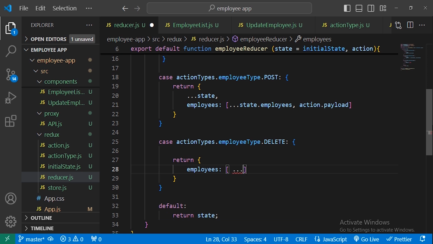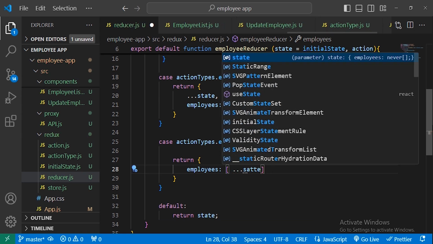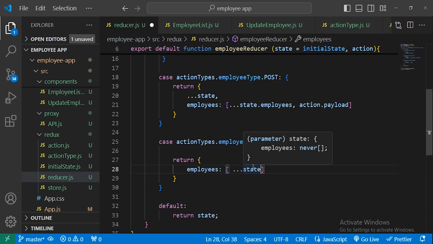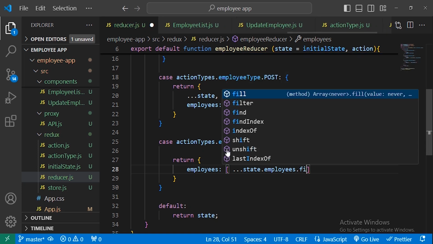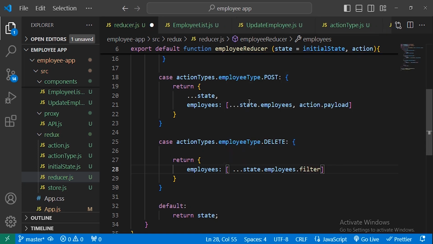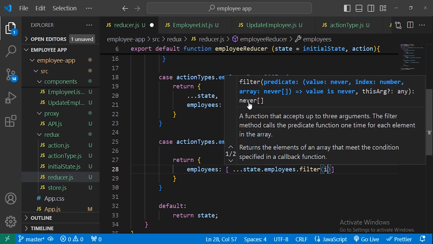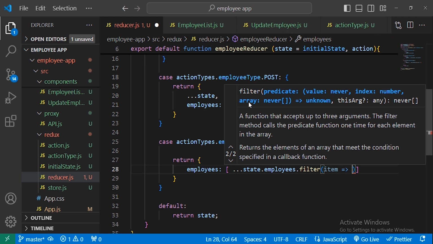So we need the right state, then employees, then we need to filter. Okay, we will filter when the item equal to